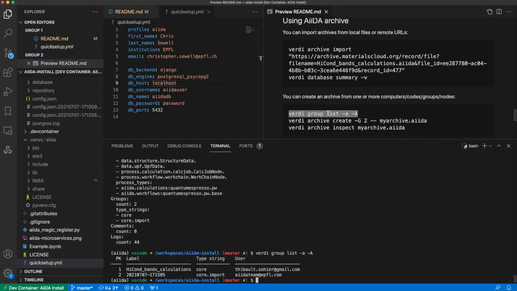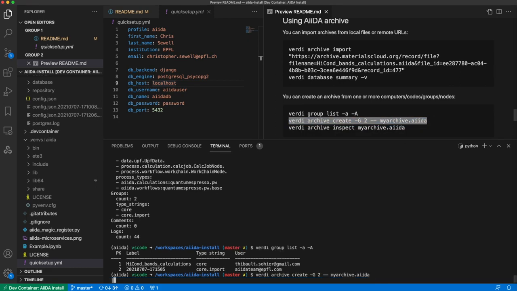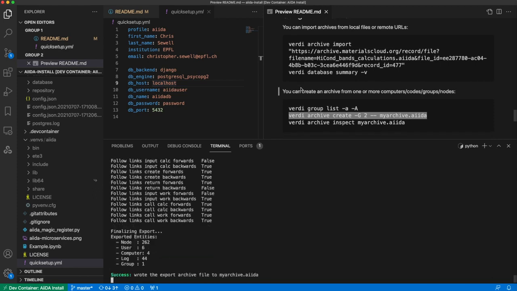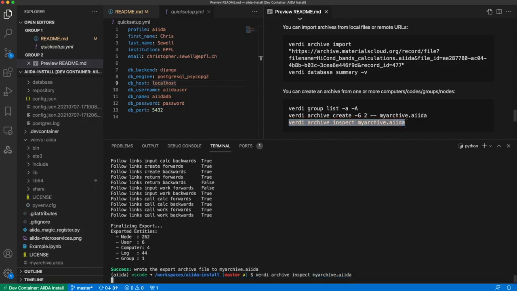And then perhaps, once we've added some extra data and run some extra processes, we might want to create our own archive. We can do that by specifying a particular group or node or computer or code. And then that will export all of that data into an archive that you can share with others, with your group or collaborators. And if we inspect that archive,